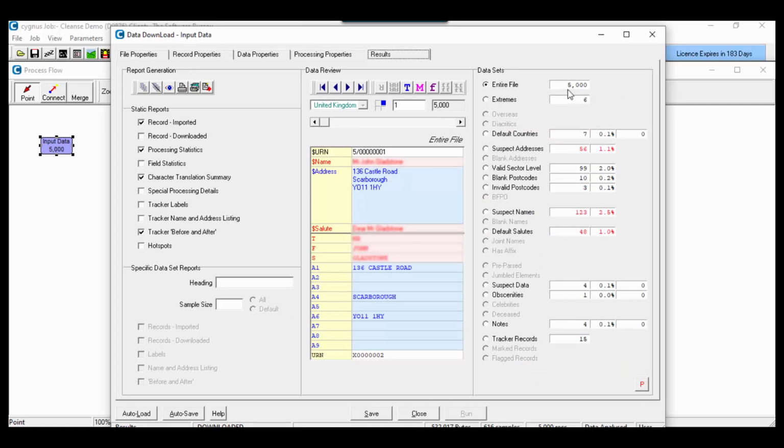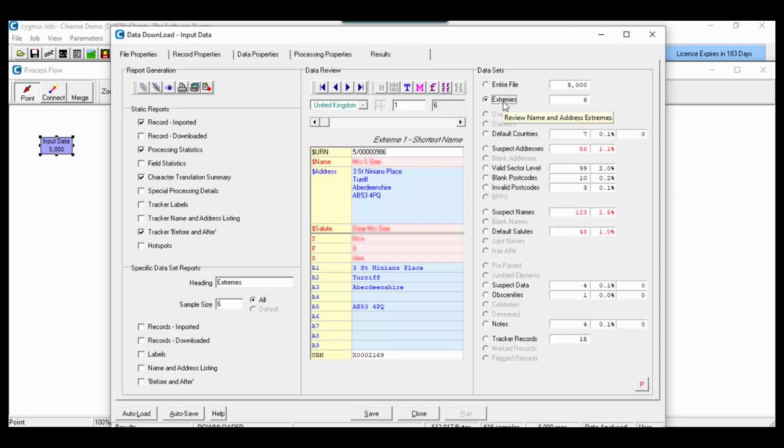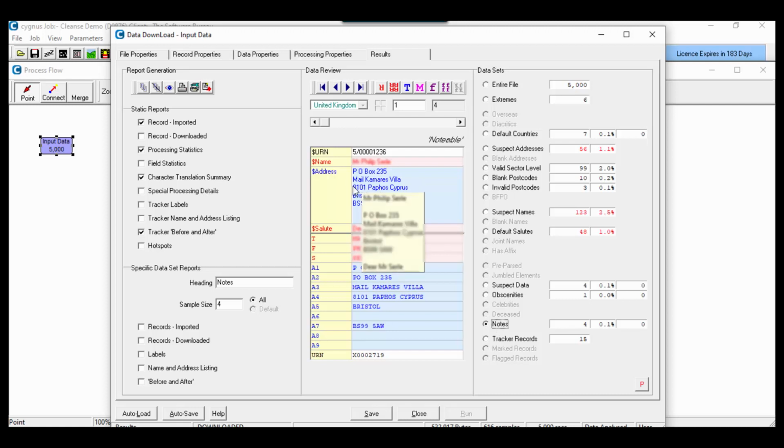Okay, 5,000 records. It always shows you the extremes, which are shortest name, longest name, shortest address, narrowest, longest, and widest, and a few other bits and pieces such as obscenities. Obviously, there's no issue there, and notable words and phrases such as the word male in here. So, all in all, this file is in reasonably good condition. Not too many suspect addresses, and everything's looking okay. We can close that,